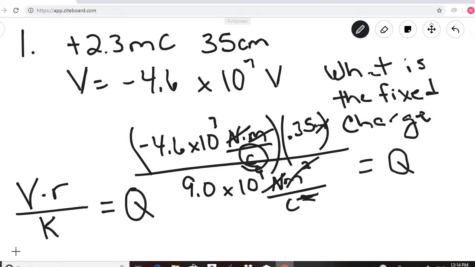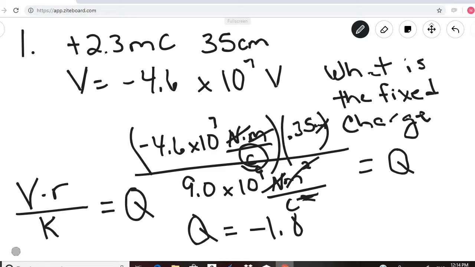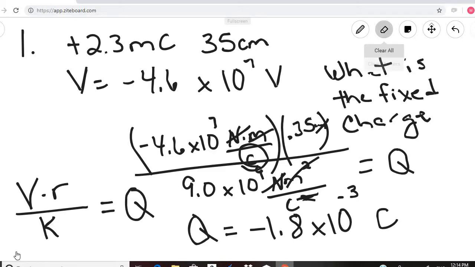So then we get that Q is equal to negative 1.8 times 10 to the negative 3 coulombs. Okay, so that is question number 1. Okay, number 2